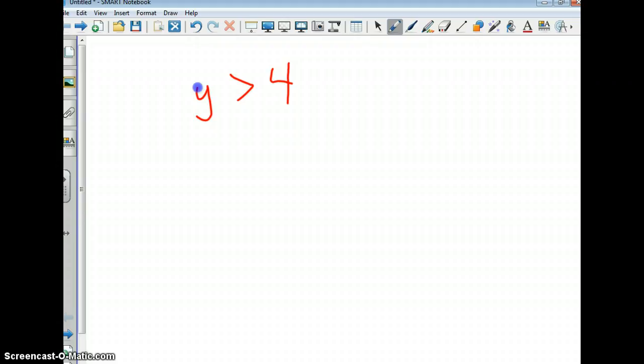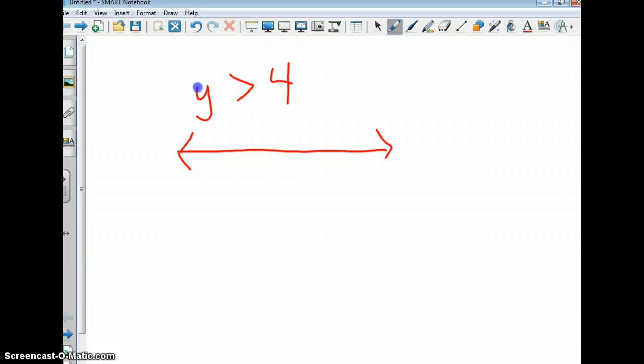Why is this an inequality and not an expression or an equation? Why is this an inequality? Madison? Because it has a greater than or less than sign. Okay? And which means that it has more than one correct answer. Very good. Okay? So if I'm going to illustrate or draw this on a graph or on a number line,